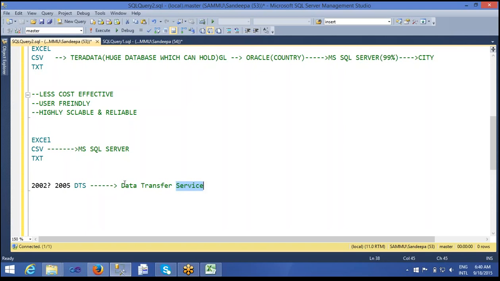As the name indicates, we need to pull the data from some files or sources, then transfer and load that data into SQL Server. It is called DTS. They introduced DTS with limited editions, sorry, in the year 2000. Sorry guys, I'm confused. In the year 2000, they introduced DTS with limited options.